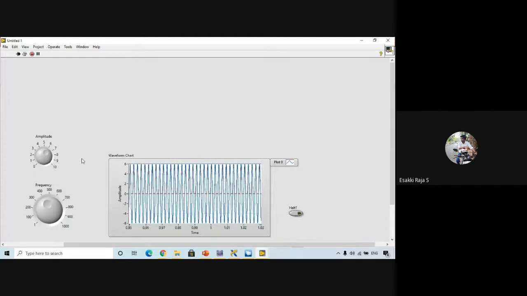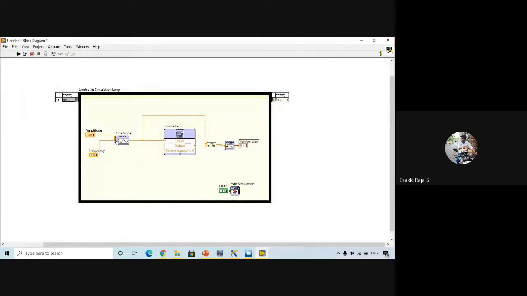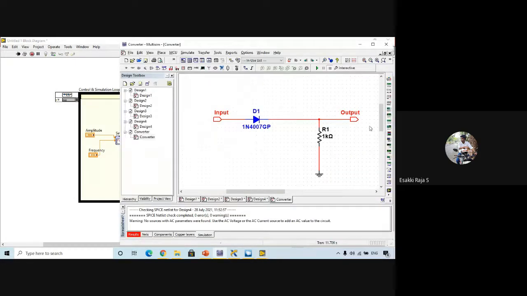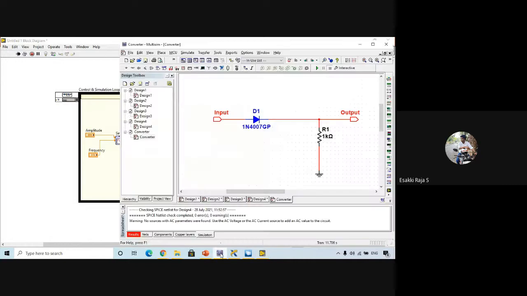The thing you need to keep in mind is that our electrical and electronic components are all in Multisim. The circuit will be in Multisim, while input and visualization we do from LabVIEW. Once you have completed this, you don't need to keep your Multisim open also. You can simply close this.